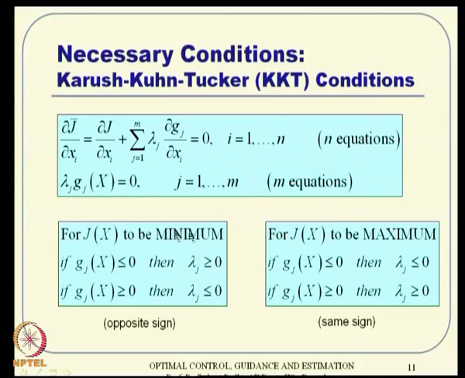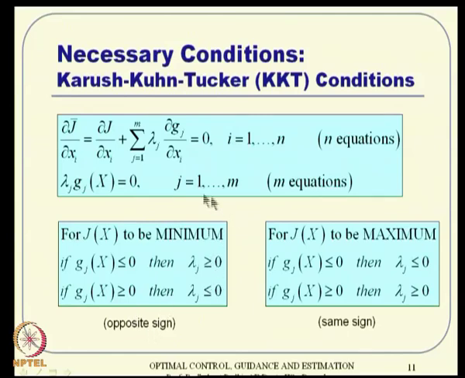Remember, these are typical cases. What we have analyzed is actually a maximization problem where this happens to be like that, so we end up with that condition. If it is this way, we will end up with the opposite sign. If it is a minimum, the two cases swap. So, depending on whether it is a minimum or maximum problem, and depending on whether your constraint is negative or positive, you have the standard results.